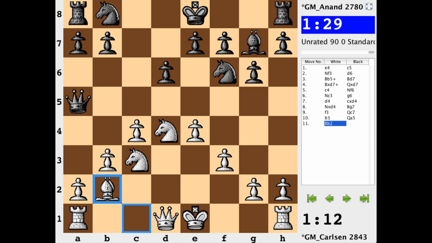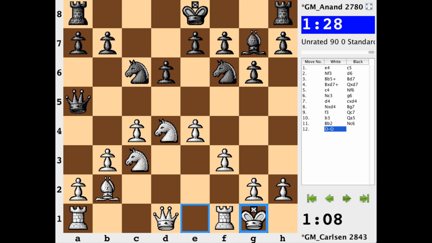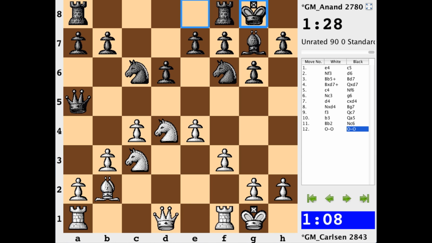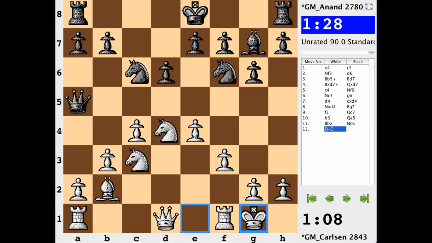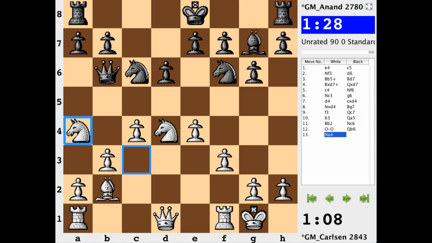White defends and develops. Knight c6, development on the white end and the black end, both sides now castled. One thing that's very important to take note of is that if white does not have this knight to a4 move in response to black's queen b6, for example, instead of castling right here, this is a must move. White needs to play knight to a4 to kick this queen off of the diagonal,